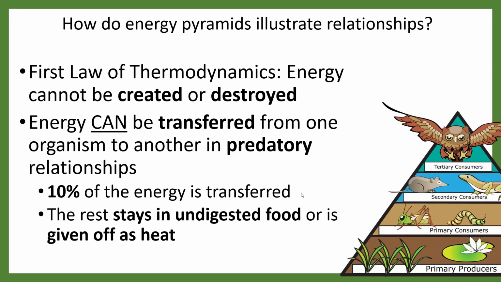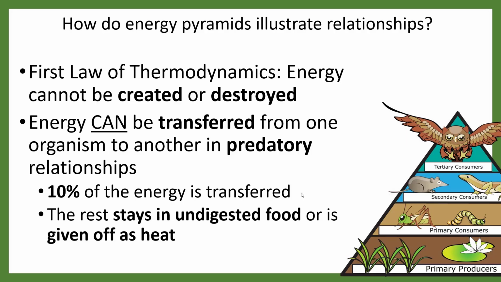So in order to feed a single seal, you need 1 kilogram of seal meat, which would need 10 kilograms of fish meat, which would need 100 kilograms of small fish meat, which would need 1,000 kilograms of primary producers. This is called the rule of 10%. It's not a really accurate rule, but it's an easy way of thinking about it.